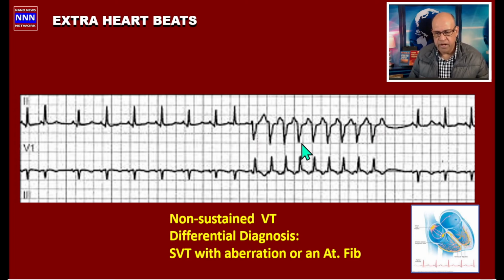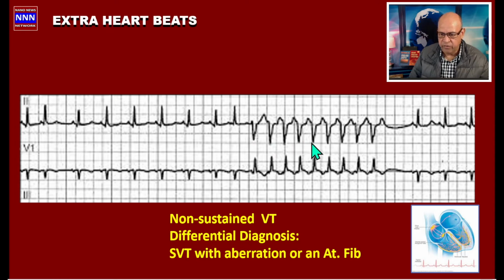The only way to find out is to see if this person has any underlying bundle branch block or any evidence of aberration when you see only 1 extra beat. Whereas with atrial fibrillation, you can have a similar tachycardia in the presence of atrial fibrillation, but that is usually followed by an irregular RR interval. So let's remember these points,